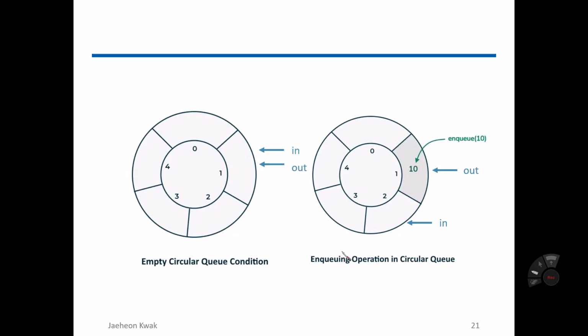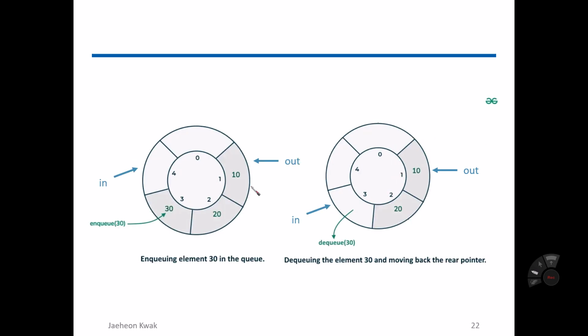When a new value is produced, it is stored at the in pointer's location, and the value of the in pointer itself will be increased by 1. Like this. And when we dequeue, when a consumer consumes data from the buffer, the data will be reduced, and the